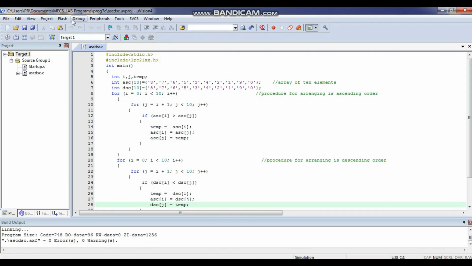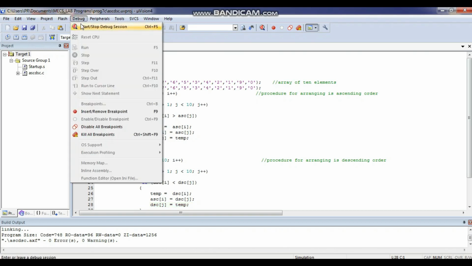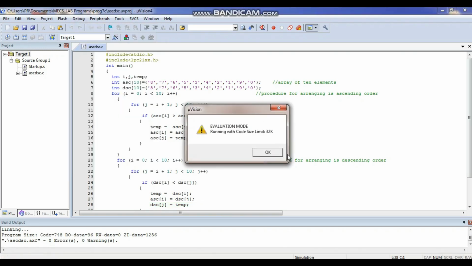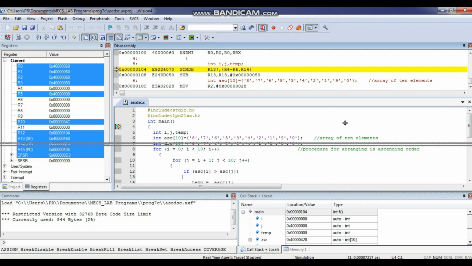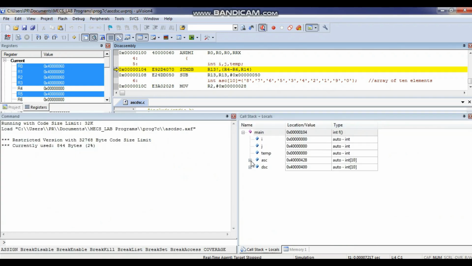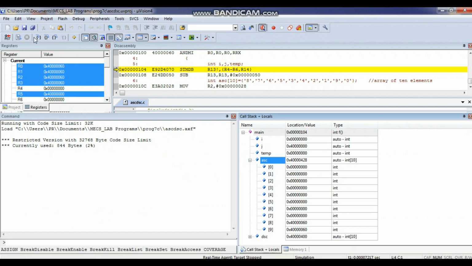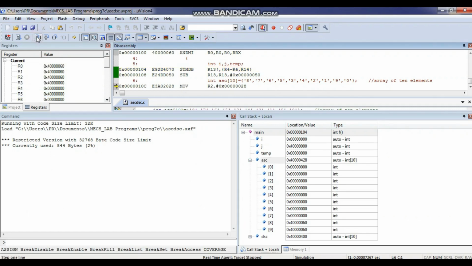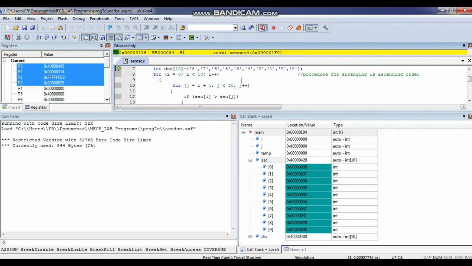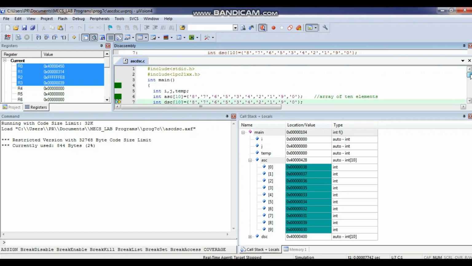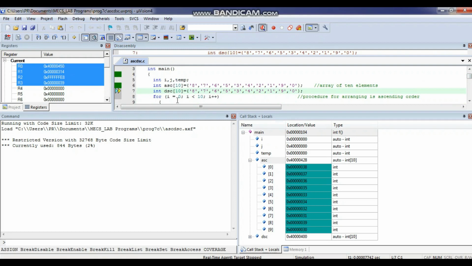For us it is an integer, for a computer it is an ASCII value. I will show you this one here. This is our program. Let me expand this window wherein we will see the output. Here you can see the i, j values and the ascending array and descending array. Now you can see the array. We have given 8, 7, 6 and so on, but it has taken 38, 37, 36, 35, which is the ASCII equivalent. And this ASCII representation is in hex.